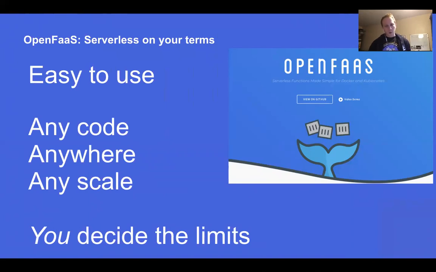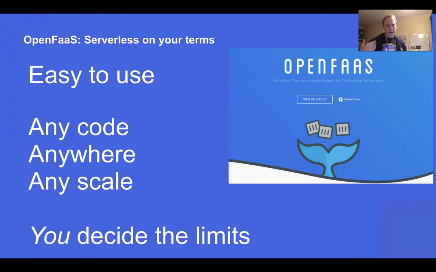Within that, we also enable you to run any code that you have. This is something that's really popular with our users. Any existing code that can run in a container on Linux or Windows, not just Linux, can be made into a function and then run anywhere you like and deployed at scale. When I say anywhere, that really does mean an ARM device, whether that's a Raspberry Pi or data center ARM. You can run that 0% on-premise or 100% on-premise and anywhere in between on any cloud. You can even run this on two clouds at the same time by using something like Kubernetes, which is really something that you don't get with a cloud function.